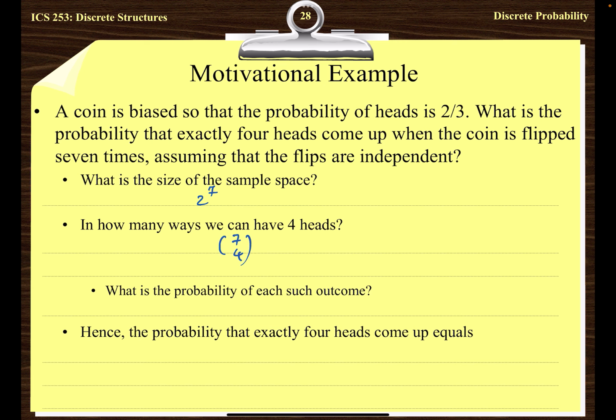Okay, and what's the probability of each such outcome? The 4 heads. What's the probability of each head? 2/3, right? The probability of each head is 2/3, right? So what's the probability of each such outcome? It's basically